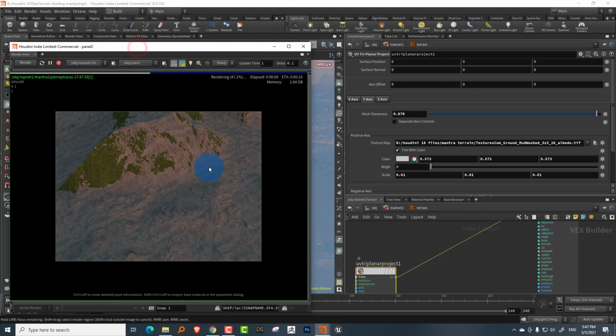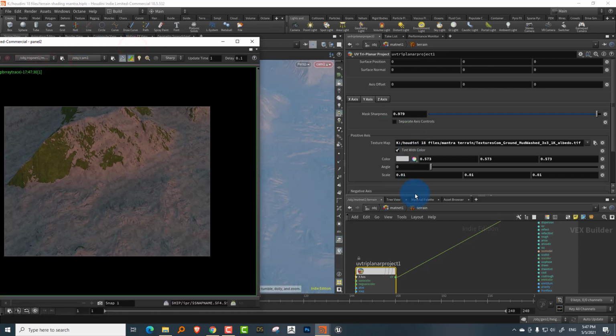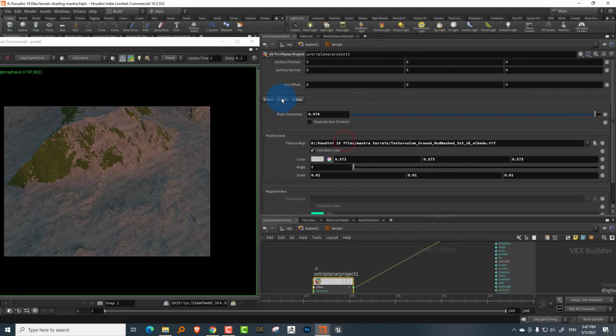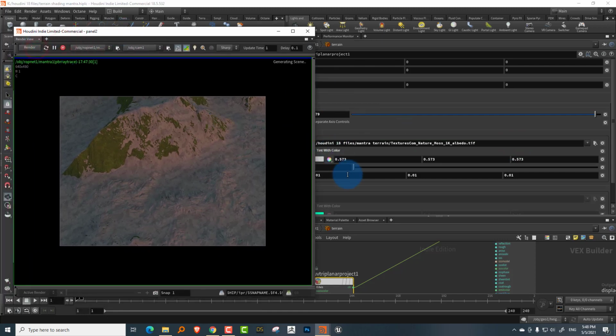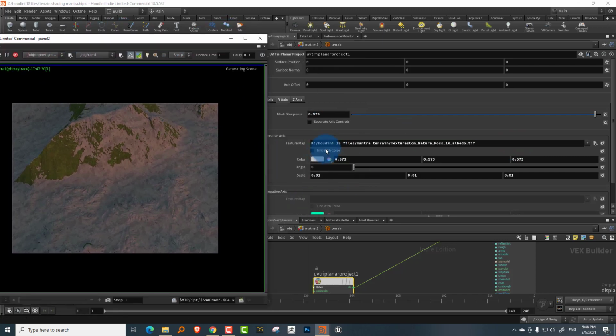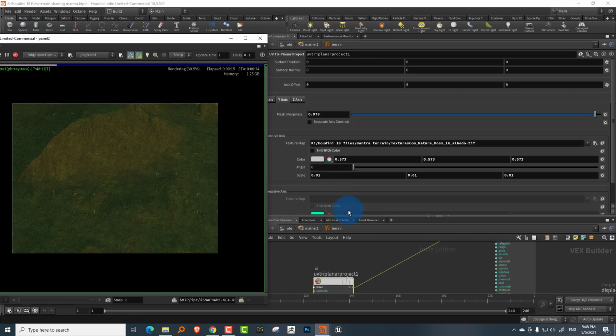Now what I want is, I don't want to do this. I want to have two triplanar textures, but mix them using the data or the attributes that we have on the terrain. So I'm going to get rid of this, or actually I'm going to take the moss and put it on all of these. So the whole thing will be just the moss texture. And make sure you turn off tint with color for the y-axis that we had turned on. There you go. So we have our basic moss texture.